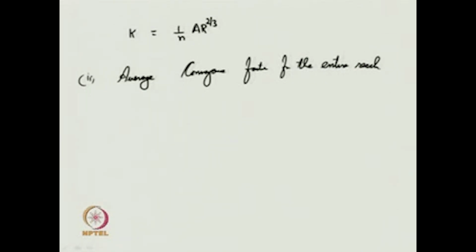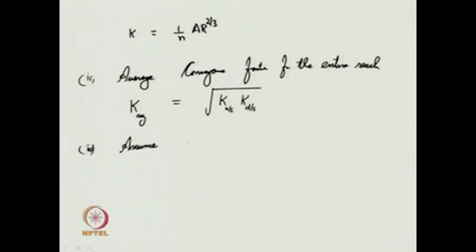So, this average conveyance factor for the entire reach can be given as K average. This is nothing but the geometric mean of the conveyance factor at upstream and downstream respectively. This is the formula for geometric mean, so that has been directly employed here. Once you get the average conveyance factor, the third step involved is